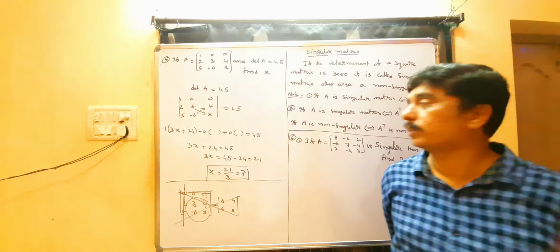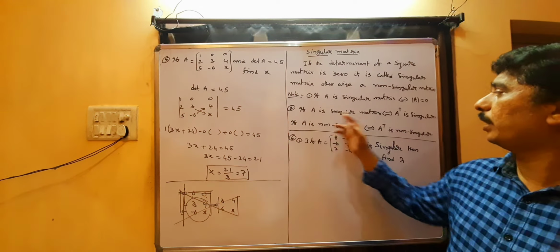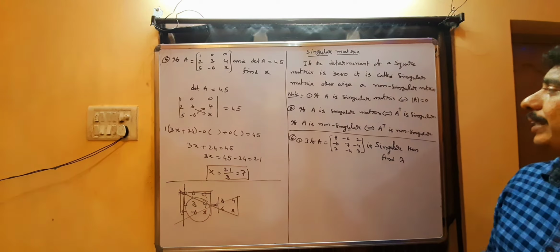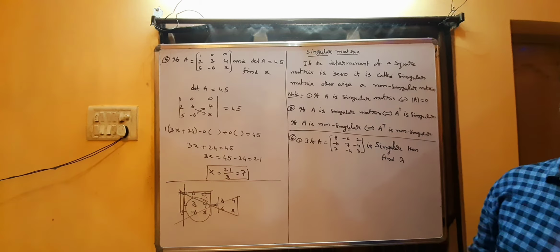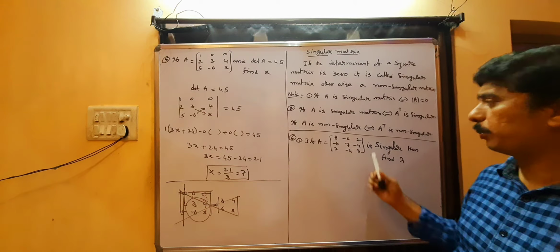ప్రాపర్టీస్ ఆఫ్ డిటర్మినెంట్స్. ఓకే అండి. A ఇస్ నాన్ సింగులర్ అయితే A ట్రాన్స్పోజ్ కూడా నాన్ సింగులర్ అవుతుంది. A సింగులర్ అయితే A ట్రాన్స్పోజ్ సింగులర్ అవుతుంది. అయిపోతుందా? నెక్స్ట్ చూడండి. ఇఫ్ A నెక్స్ట్ ప్రాబ్లం,